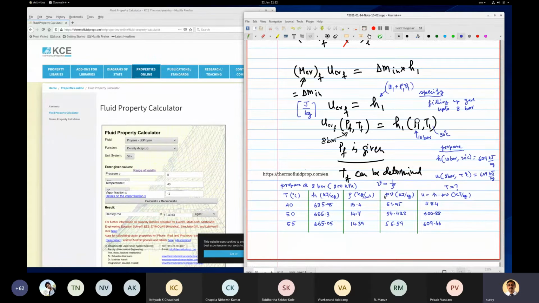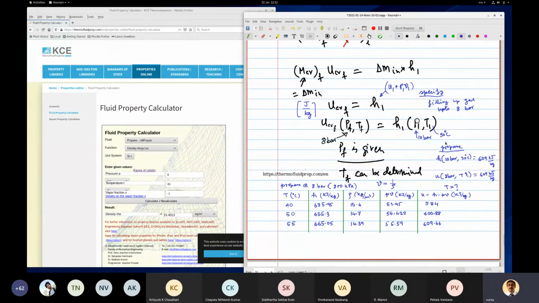So pressure is 800 and here density is given. So P by rho, we can do this calculation: 51.95. Right. So H minus PV, H minus PV is U. So then we calculate, 584 is the value of U in kilojoules per kg. So although U is not given here, we can calculate U. So it is 584. That's what we see.